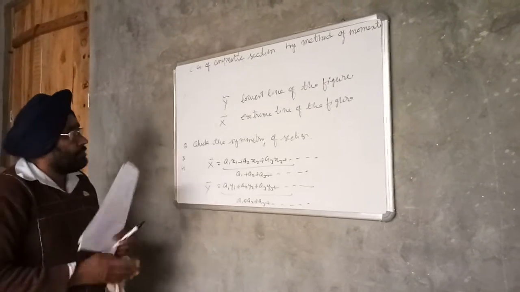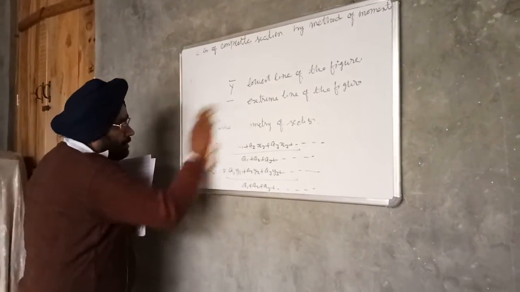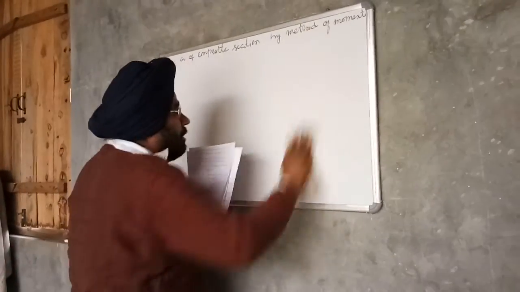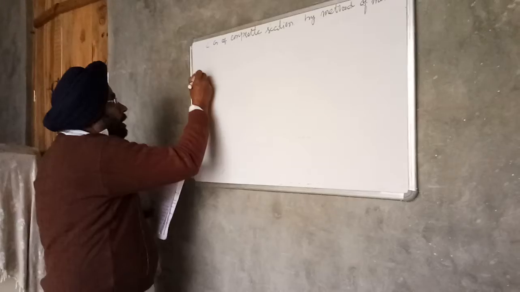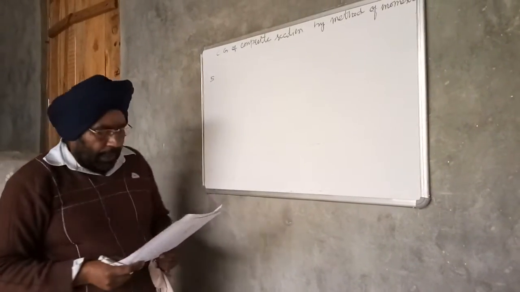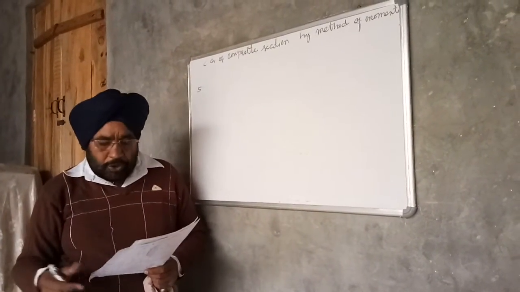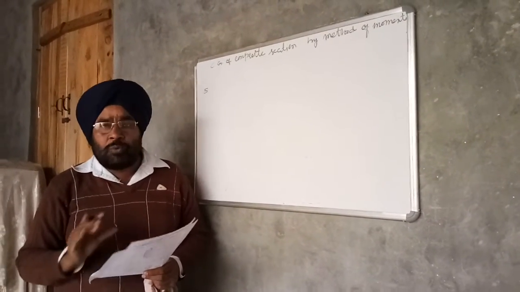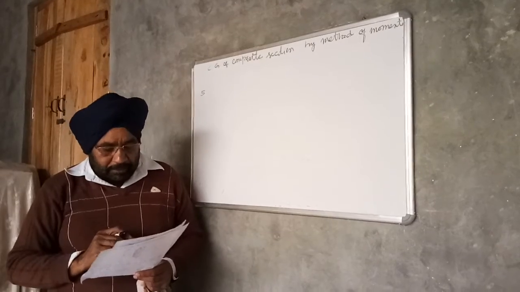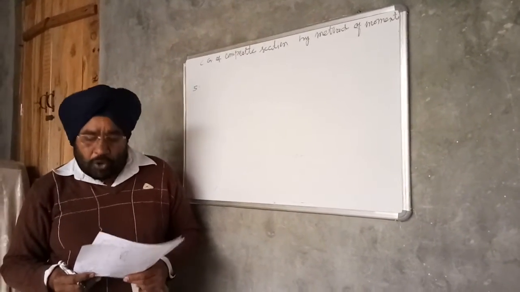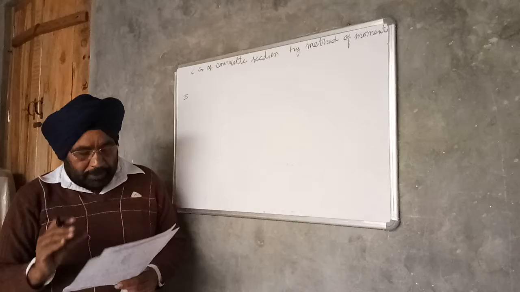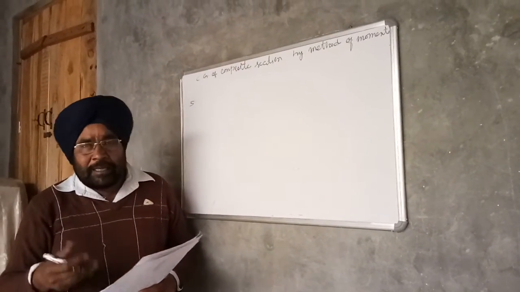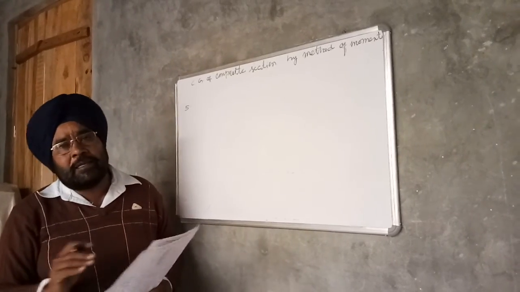Fifth step: if a part of the body is cut out or removed, then the remaining portion of the body is called the remainder. For determining the CG of the remainder, the portion cut or removed is imagined to be intact at its position, but its mass or area, as the case may be, is considered as negative.